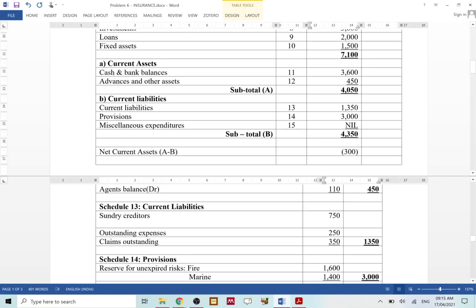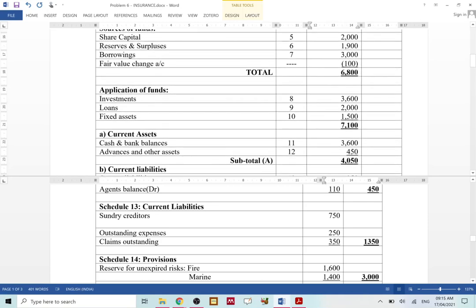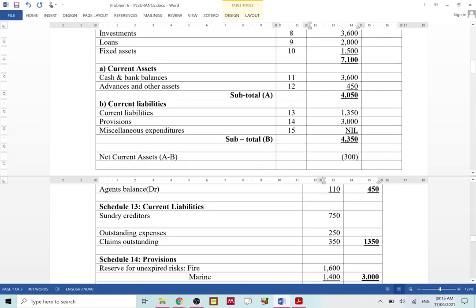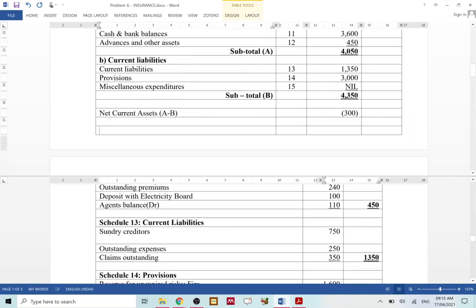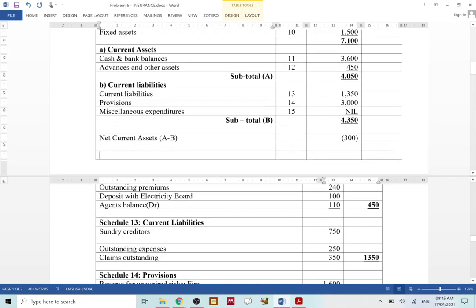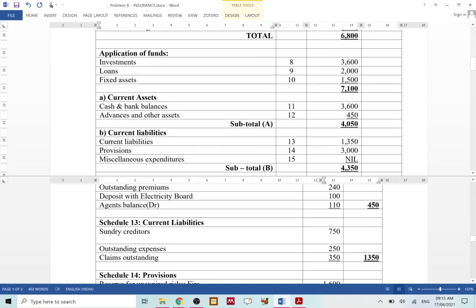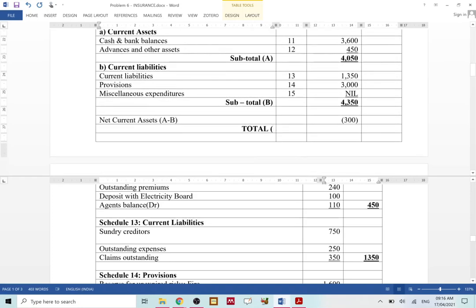Okay? So how do we get the total of the asset side? This is the total of the liability side, isn't it? 6800. And for a balance sheet to tally, the total of this assets side should also be, there is a sources of funds side should also be 6800. And how do we get that? Total. Now this total will be application of funds, this long-term investments total, that is 7100. I just write the amount itself over here,